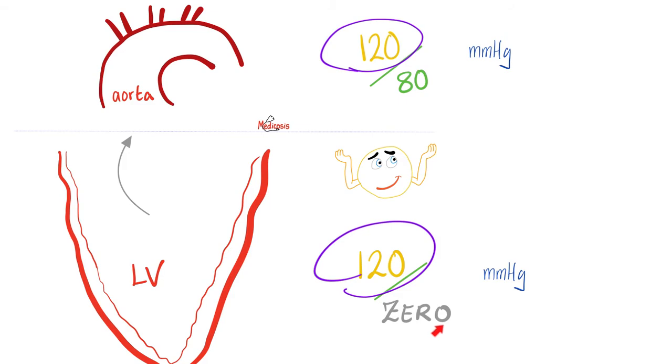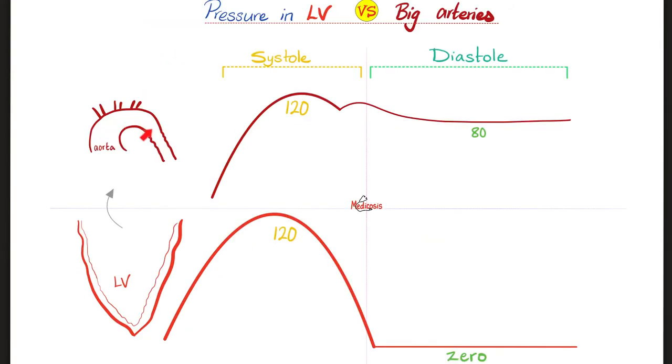It has zero during diastole. No, that's something unique to me. I am capable of recoiling around that blood. As I recoil, what's going to happen to the volume? Decreases. What's going to happen to the pressure? Increases. Instead of 0 during diastole, it increases to 80 because of the elastic recoil, something that's unique to arteries,